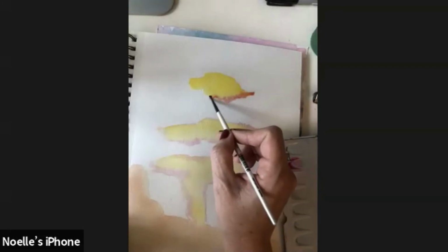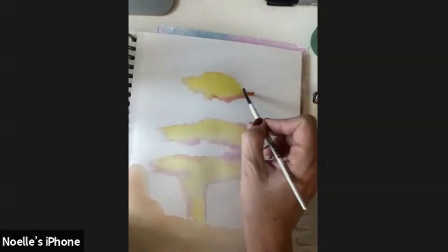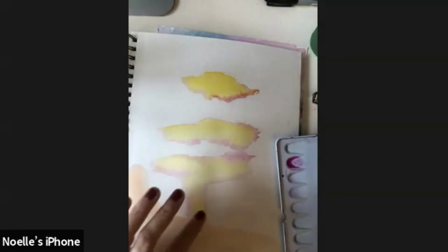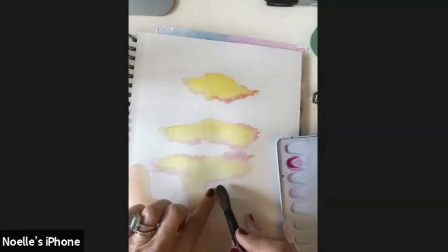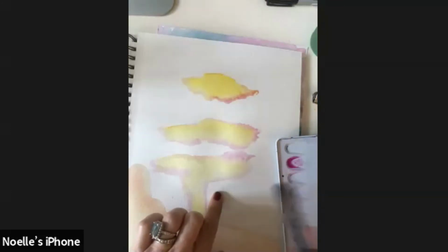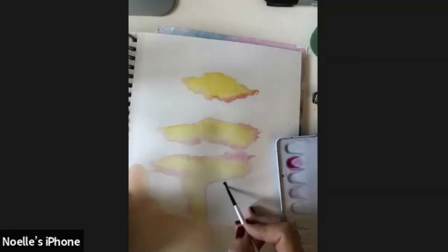So what's happening when this purple is mixing with the yellow, it is giving me kind of an orangey color, which is something that I want, okay? But also the blue in the purple is going to help me get to the blue, because purple is blue and red, okay? So I'm going to very gently